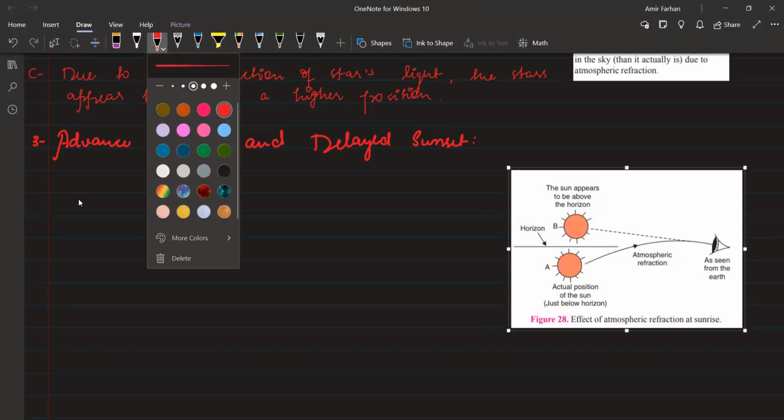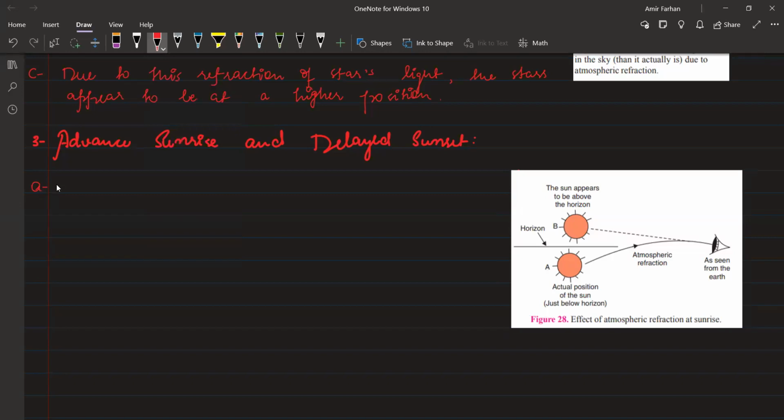सो इस वाले को फाइंड आउट करते हैं कि आपका ये क्यों होता है एडवांस सनराइज और एडवांस सनसेट. How do we find out? So basically first point आपका यही रहेगा, advanced sunrise and delayed sunset